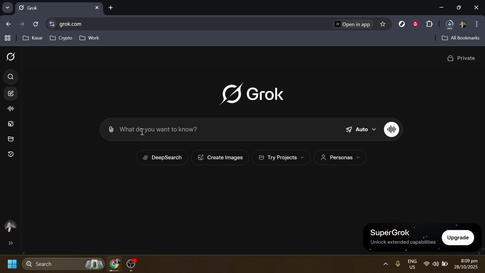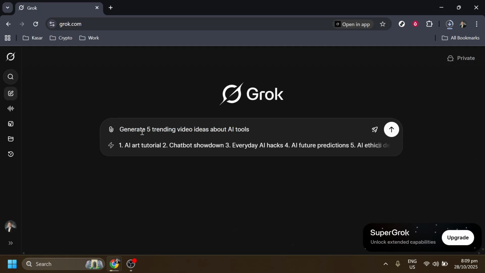Now, it's time to make your first prompt. In the designated input area on the Grok platform, you'll want to think about what you're seeking. In this case, our goal is to generate trending video ideas. A good start could be to type something along the lines of, "Generate 5 trending video ideas about AI tools." Using clear and concise language helps ensure that Grok understands exactly what you're asking. This AI is designed to respond to prompts efficiently, so the more specific you are, the better results you'll likely